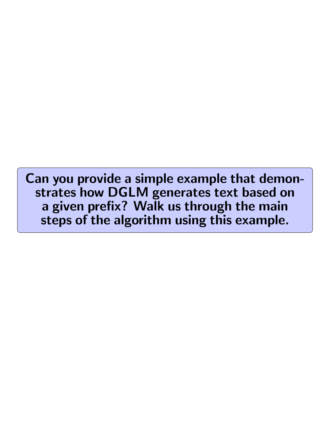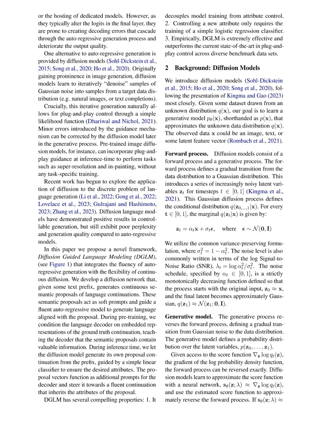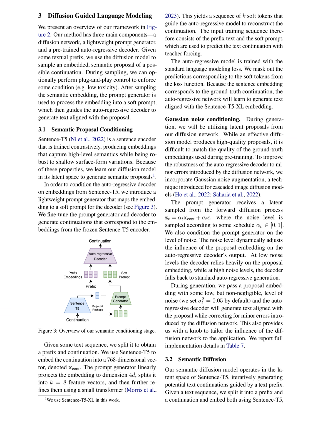Can you provide a simple example that demonstrates how DGLM generates text based on a given prefix? Walk us through the main steps of the algorithm using this example. To illustrate how DGLM generates text based on a given prefix, let's consider the prefix "the future of technology is." The process begins with the diffusion network, which takes this prefix and generates a continuous semantic proposal for a possible continuation. This proposal is embedded using the Sentence-T5 encoder, resulting in a 768-dimensional vector that captures the high-level semantics